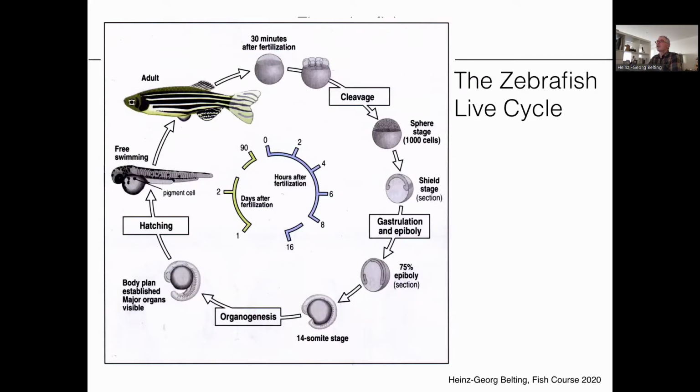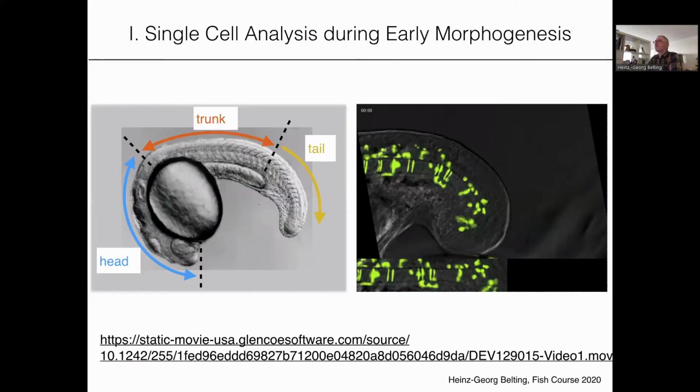So all of this, what we do today in the morning, happens between 30 minutes and 1 day of development. You can put a single embryo under the microscope and you can watch all this basically overnight and next day. This is what the embryo looks like on the left. This is a 24-hour embryo. So this embryo is 24 hours old since fertilization. You see it has a head, the brain parts here, it has a yolk, and this is the trunk